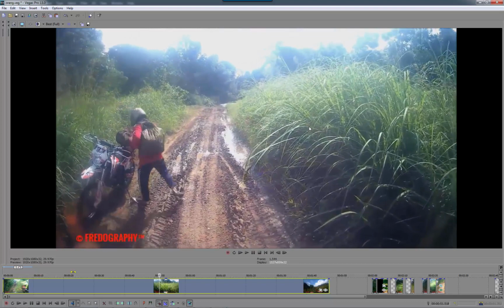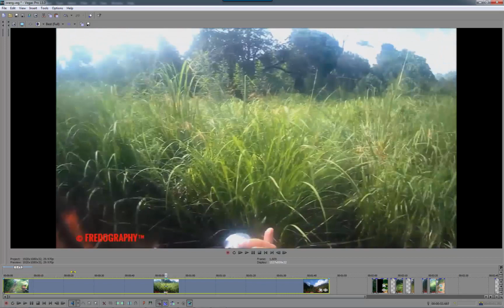So basically that's the main action that we see. By the way, sorry for the noise outside. There's some construction work going on